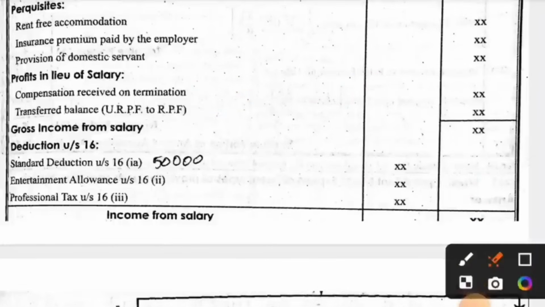But mention is important. And the last one, student, then you will get income from salary, gross income from salary. In unit number 2, you need to deduct the amounts of deductions under section 16. In this you will have